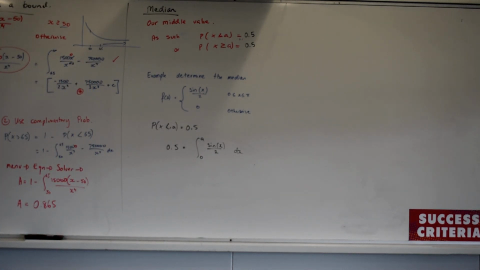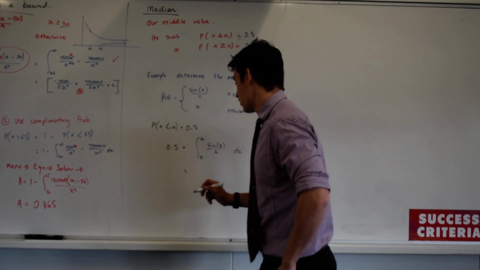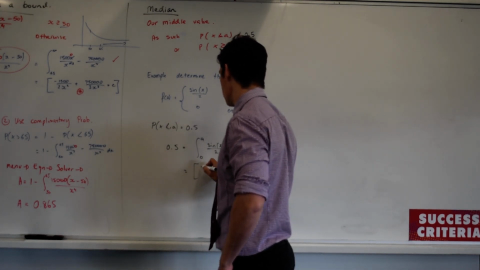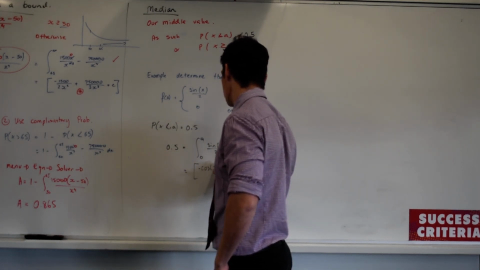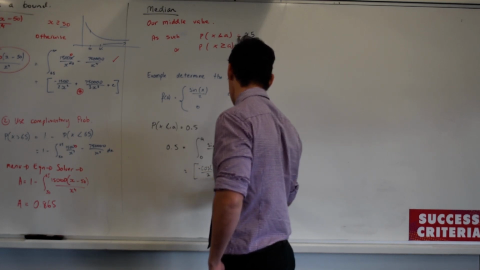So what am I looking for here? I know my area. What's the unknown? Not the x. A, which is my bound. So I'm chasing a bound, I need to find my bound. Because this is tech-free, I'm going to show you the tech active in a second, I have to do it out. So negative cos x on 2 plus c, from 0 to A